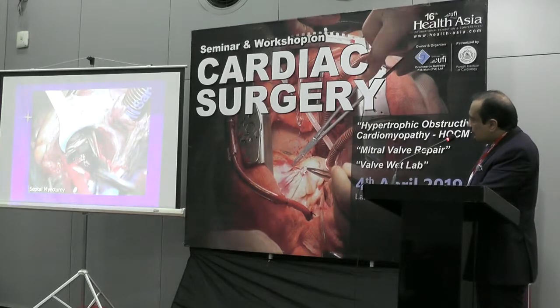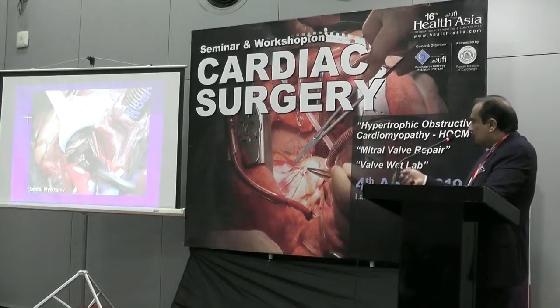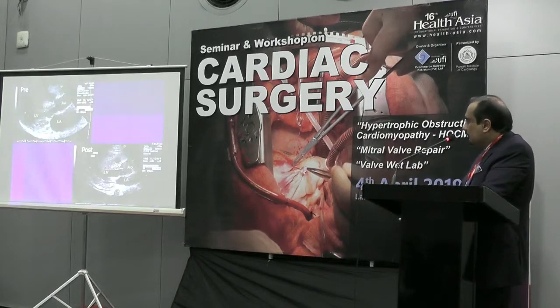This is the wedge which is coming out from the interventricular septum. This is where the septum is. All surgical colleagues know this. At the junction of the right and non-coronary cusps, there is the interventricular membranous septum. So away from the membranous septum, you make a long cut, and then like this, and you take a wedge at least 2 centimeters, as much as you can go down into the ventricular cavity. So this is what it looks like before the surgery, and then after the surgery you have resected that part of